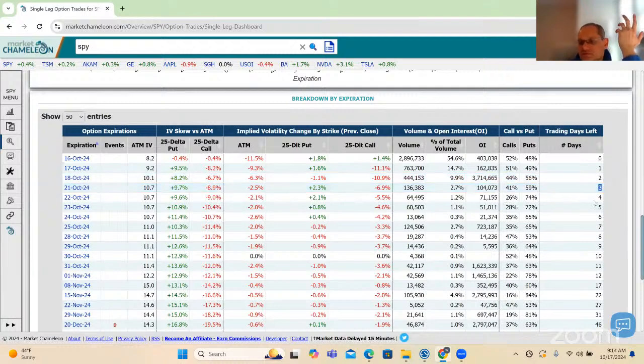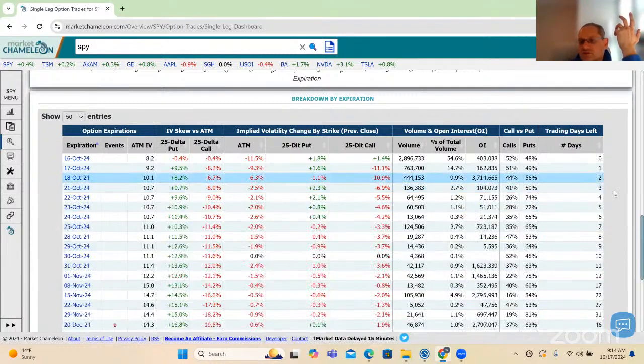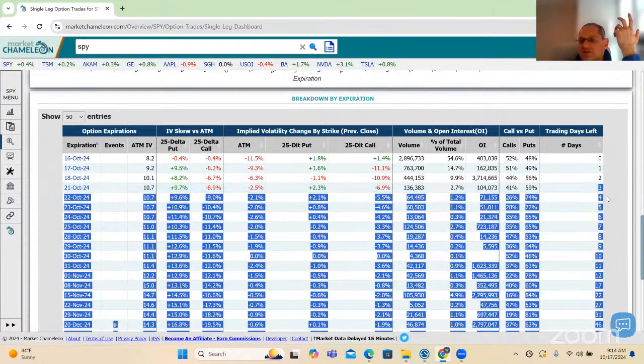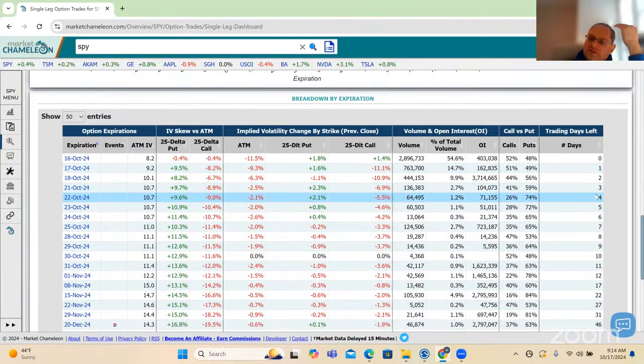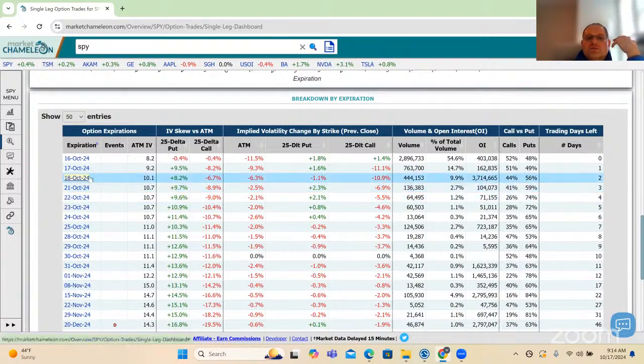So, well, it just tells us how many. So you could see here, this has 2 days, 3 days left. How many days for this expiration until those options mature and expire. So if we look at October 18th,